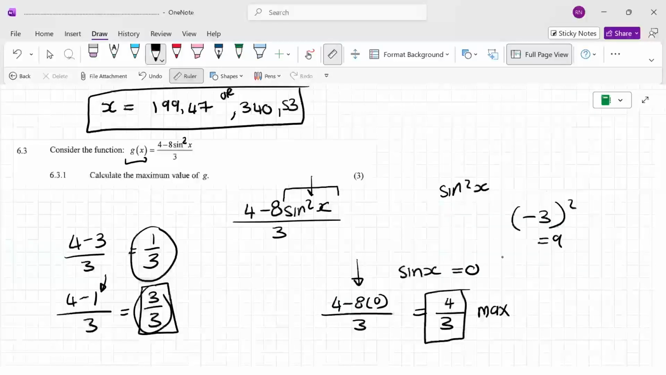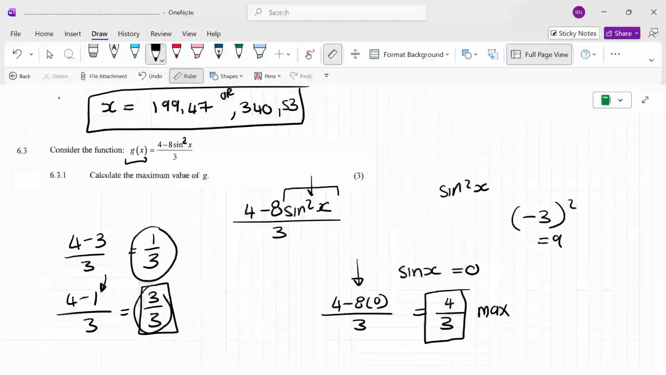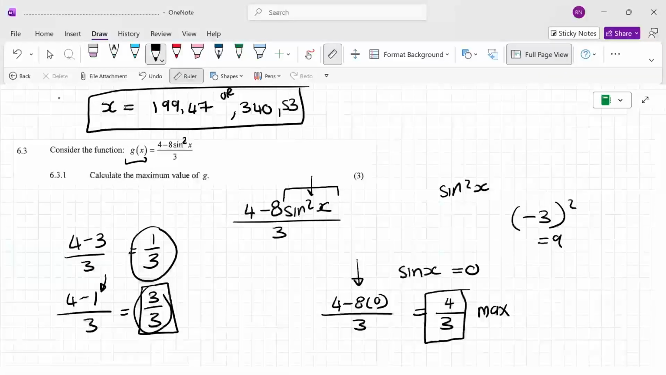Okay. If you could do calculus, then you could have done calculus, found your derivative and made it equal 0, and then you'd know what the point is where you can make it 0. But in this case,